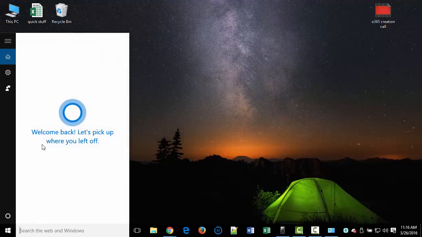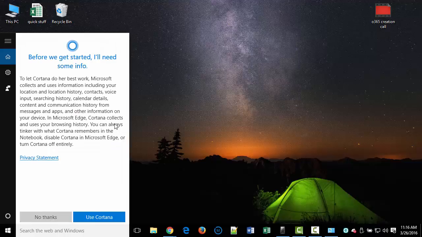So actually, it's asking me this time for some reason. This is the same kind of screen you're going to see if you choose to use Cortana for the first time. It's going to tell you before we get started what kind of things Cortana is going to dig into in terms of the privacy side of the equation. You can go to the privacy statement, see exactly what privacy terms Microsoft's going to hold for the Cortana service, and you can say, no thanks, I don't want to use Cortana, or I can choose to say, yes, use Cortana. So this is a good example, because this is what you're going to see if you choose to use the service. Okay? I'm going to say use Cortana,